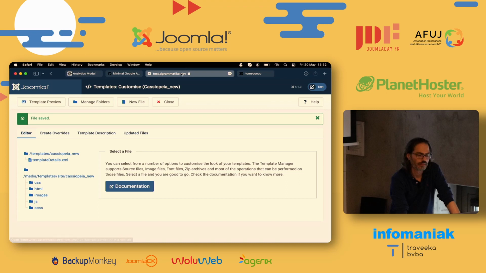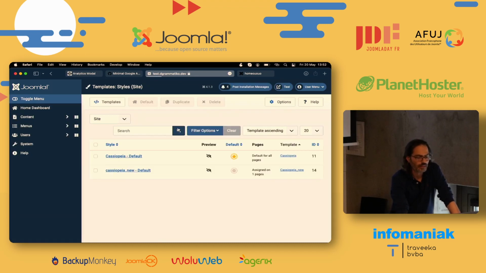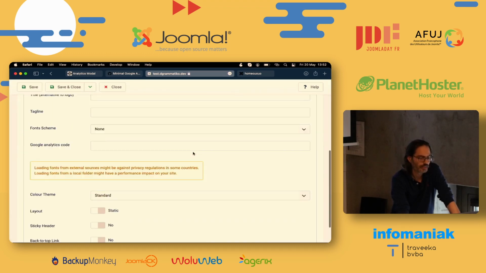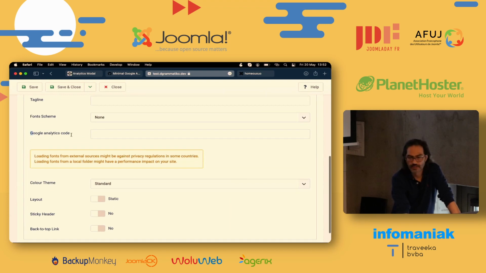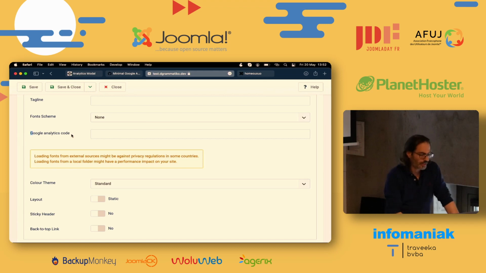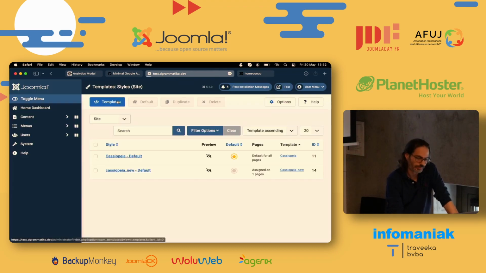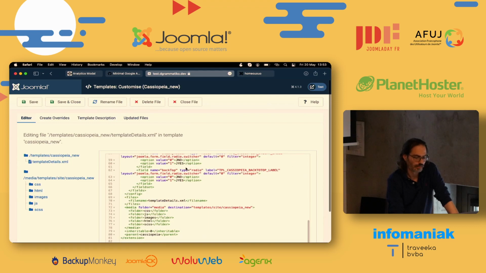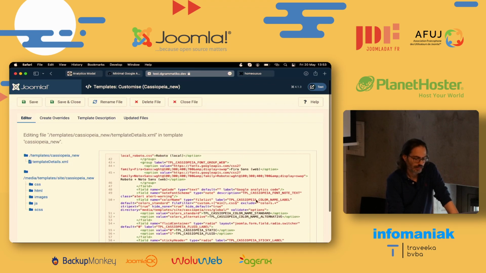The problem with this is that first of all, it works as you expect. Like if we go and try to edit this and we go to advanced, we will see that the Google Analytics code is there as a label. But the problem with this is that if you're doing multilingual websites and you want the administrators to have the language at their preferred language, you should do it a little bit different. And the way to do that is by using something like,